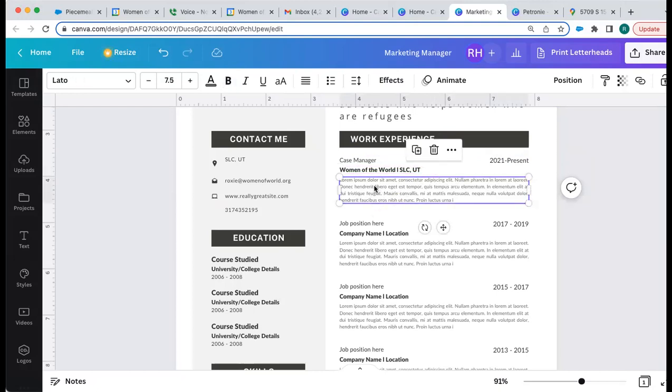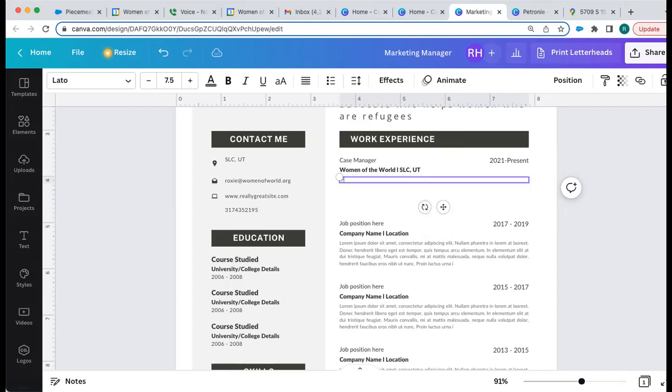Now in this section down here, we're going to provide just a little bit more information about what our daily responsibilities were in that role. So I would ask you to think about the things that you spent the most time doing, and of course, with limited space, the things that you did at that job that are the most relevant to the job you are applying to. So for this one, I would say something like provided case management services to 45 clients,